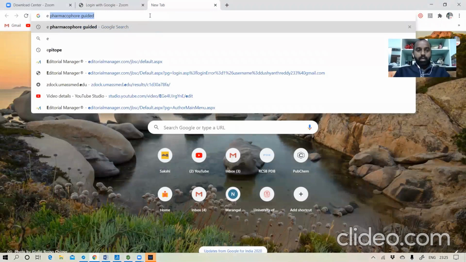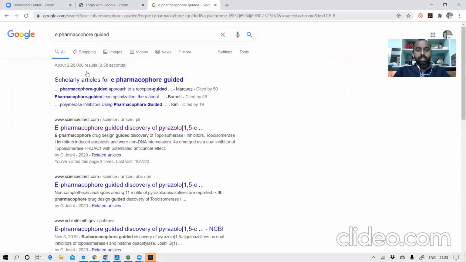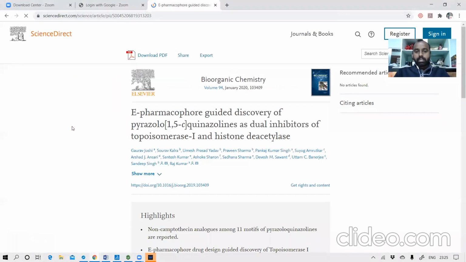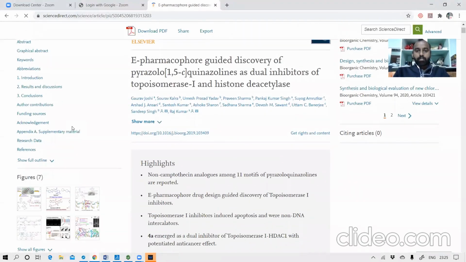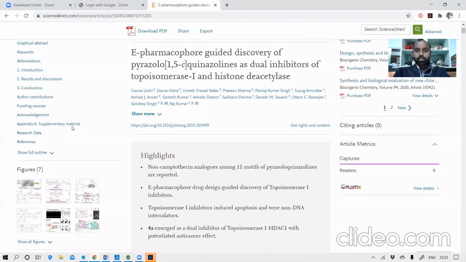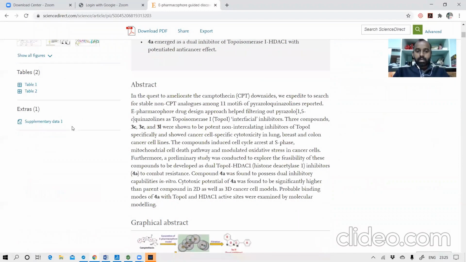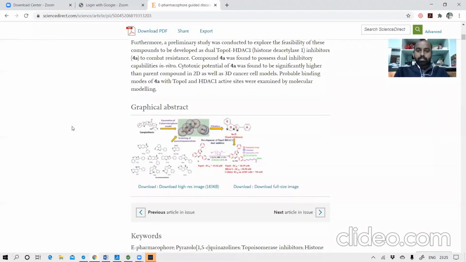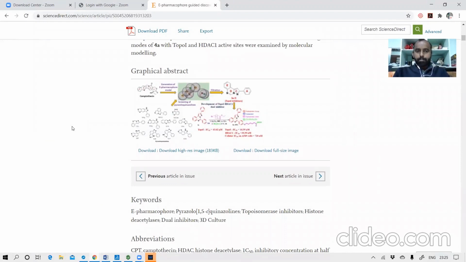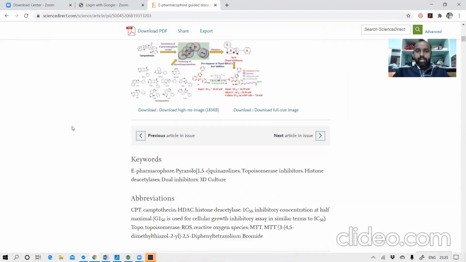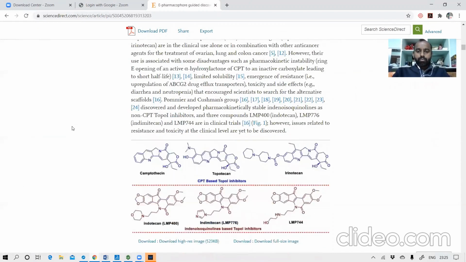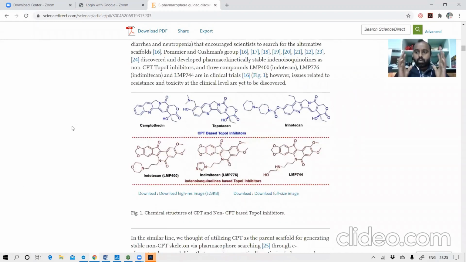Simply, if you type e-pharmacophore guided research article, it's a very good research article in the recent past. It tells you regarding the e-pharmacophore guided 1-pyrazoloquinozolines as dual inhibitors of topoisomerase and H1. There is some pattern of drug design that is well defined in this research article. Now we are following this research article to do the current research and to perform the same kind of